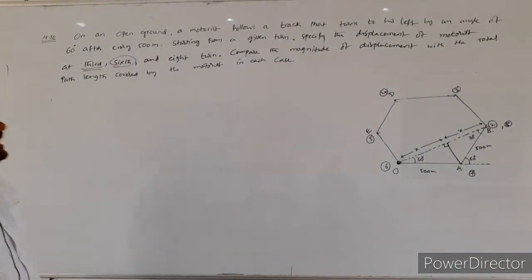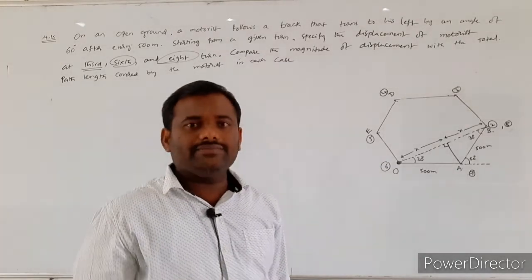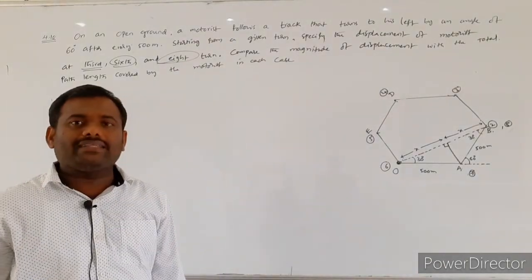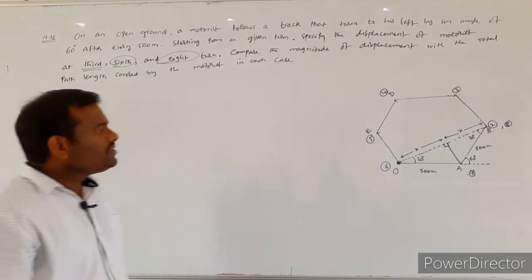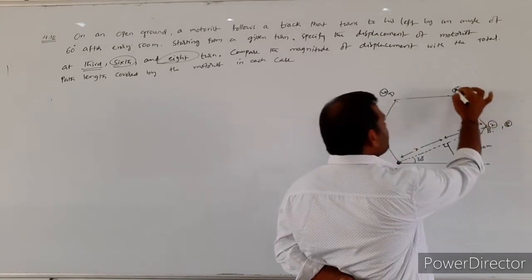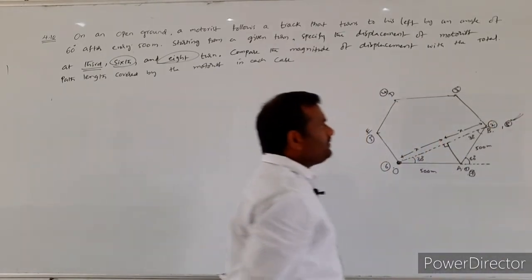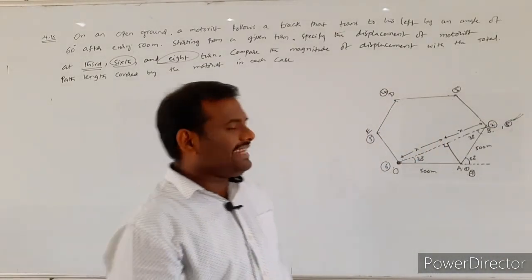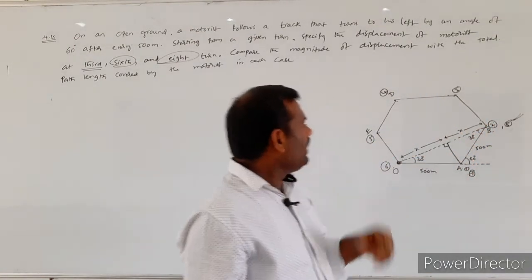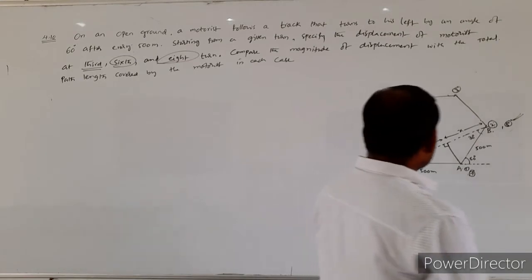Okay, in the third case we have to calculate the displacement at the 8th turn, and also we have to compare the displacement with the path length he covered. See the diagram once again here. This is the first turn, second, third, fourth, fifth, sixth, seventh and 8th turn. So the 8th turn takes place at the point B. Now I want to calculate the displacement covered by the motorist.